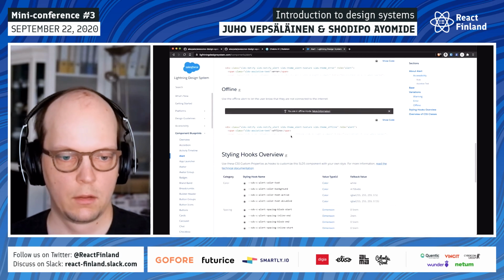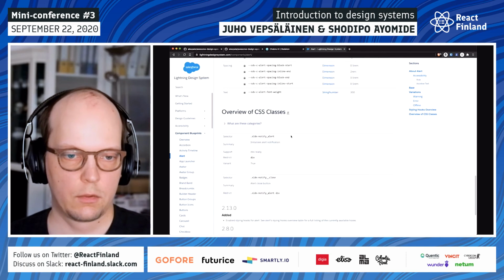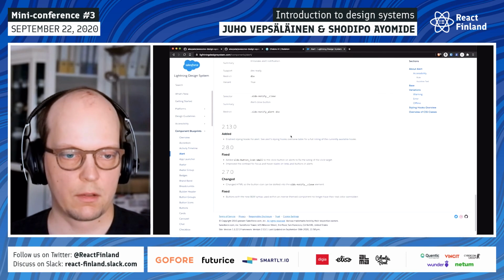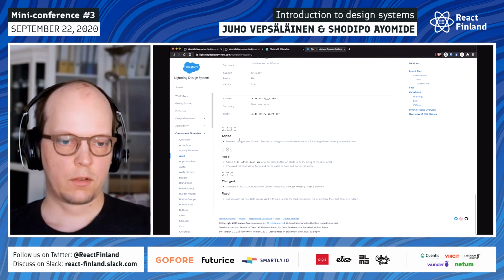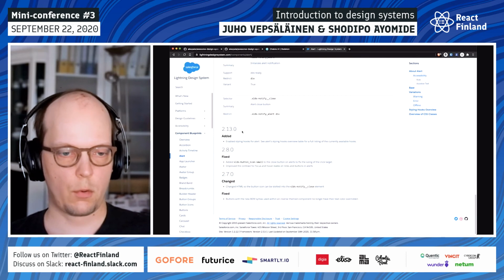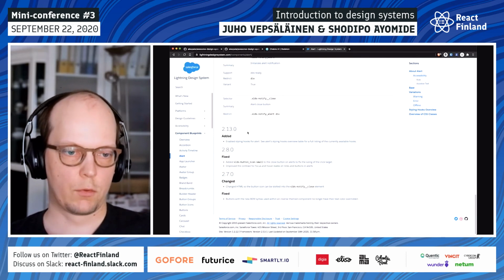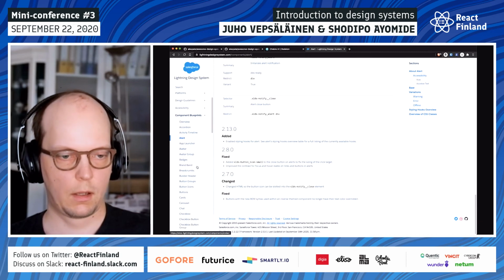So they communicate different variants. It's quite technical, and what's cool is this change log. Because if you have some kind of versioning in the system, it's useful to know what changed in what version. So maybe that's good information to have in the system as well, at least for developers.